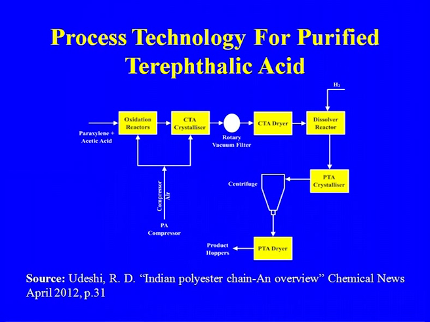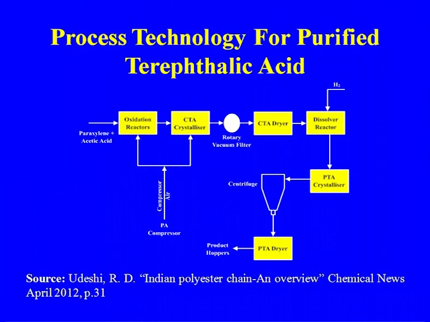This is the process technology for purified terephthalic acid: paraxylene, precipitate, oxidation reactor. Here acetic acid is used during the process, and then the crystallizer, rotary vacuum filter, dryer, dissolver, PTA crystallizer. Here we are taking 2 stages of crystallization, and finally the PTA that we are getting here may go on further for